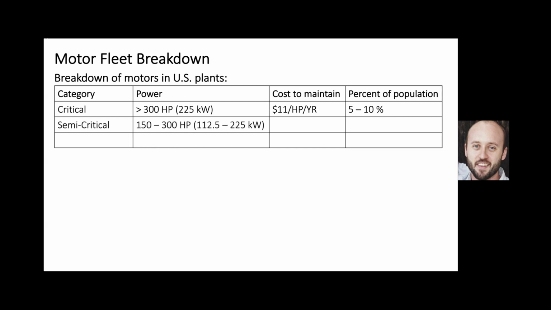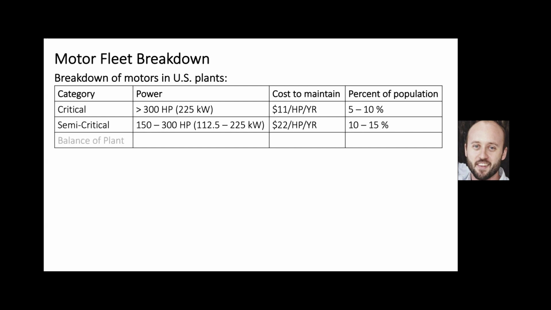And then slightly smaller motors, maybe running from 150 to 300 horsepower, are going to comprise a slightly larger percentage of the fleet or the population of motors in an operation. And historically, these motors are the ones that are going to be getting the most attention because they are expensive. If they break down, the repair cost, the replacement cost, the production cost, et cetera, can be quite high